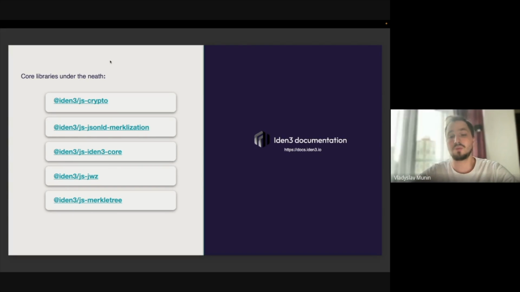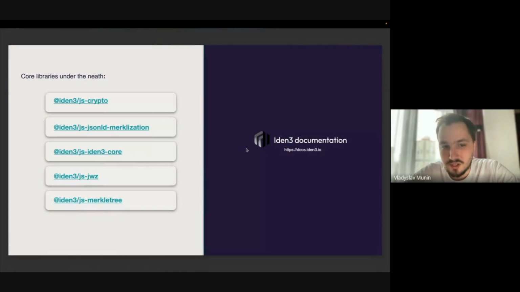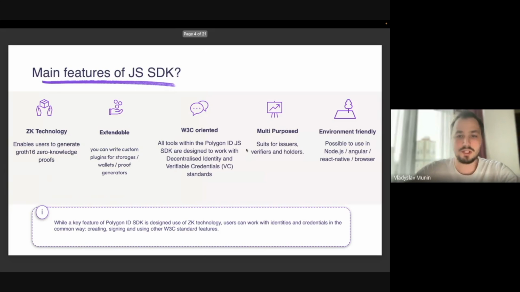With this library, we can work with sparse Merkle trees and build our issuer software on top of it. So this is a link to the documentation. I will share the presentation later, so it will be available. It's just important to understand the core concepts when you work with our Polygon ID SDK library. So let's move further. What are the main features of the JS